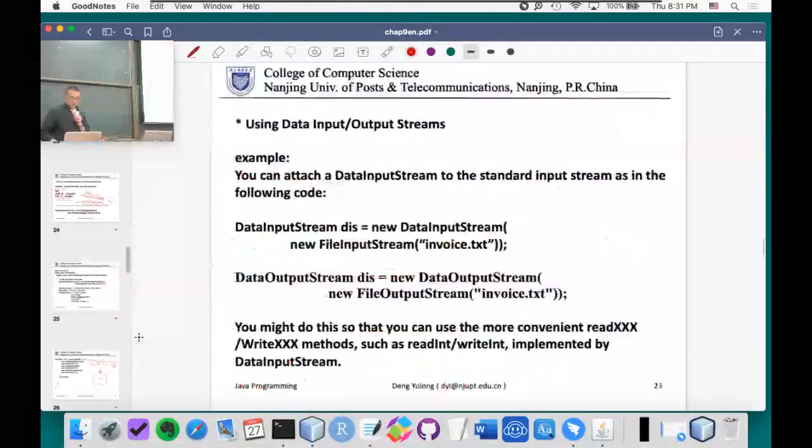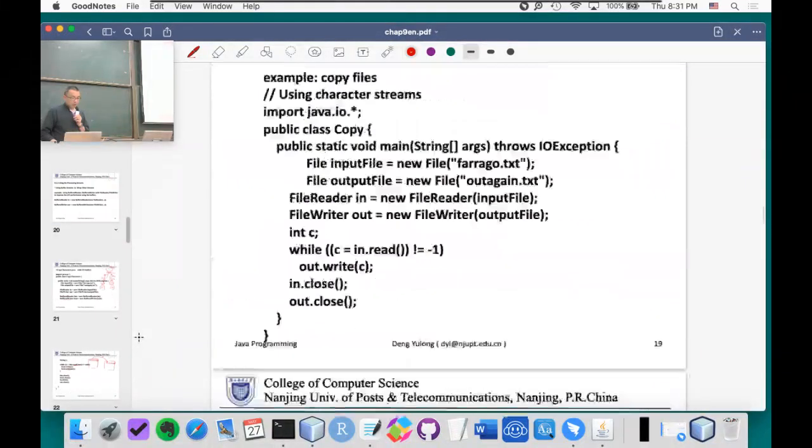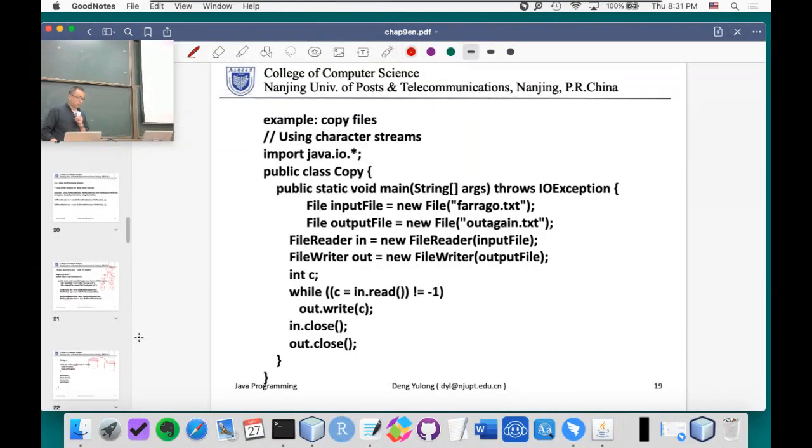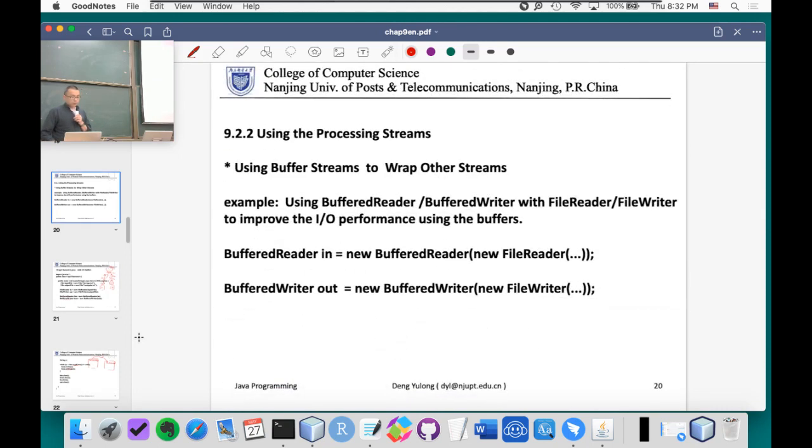And in this example, we don't have actual processing to it. We only read the file as raw information, by bytes if we use a byte stream, or by characters if we use a character stream. If we want to make actual processing on them, we should use this processing stream. For example, if we want to improve the performance of our code, we want to use